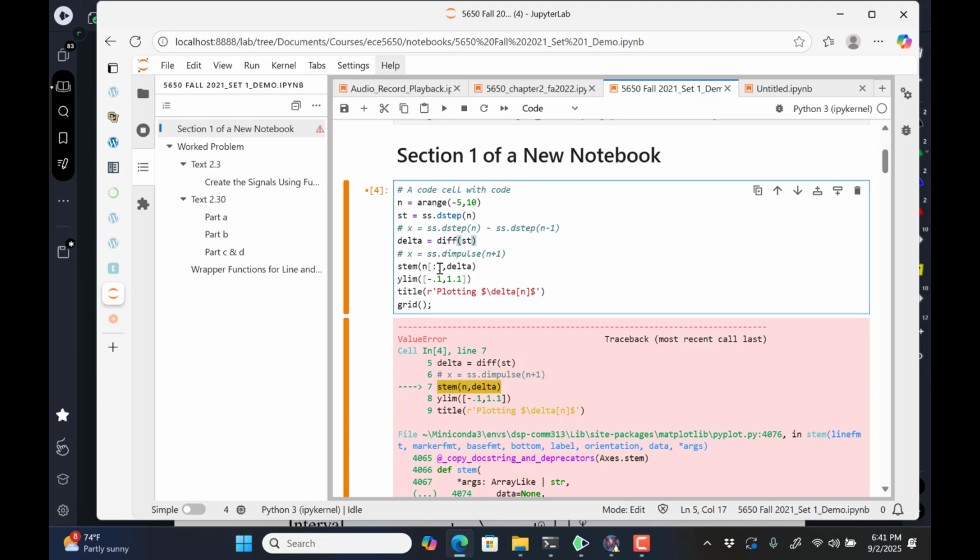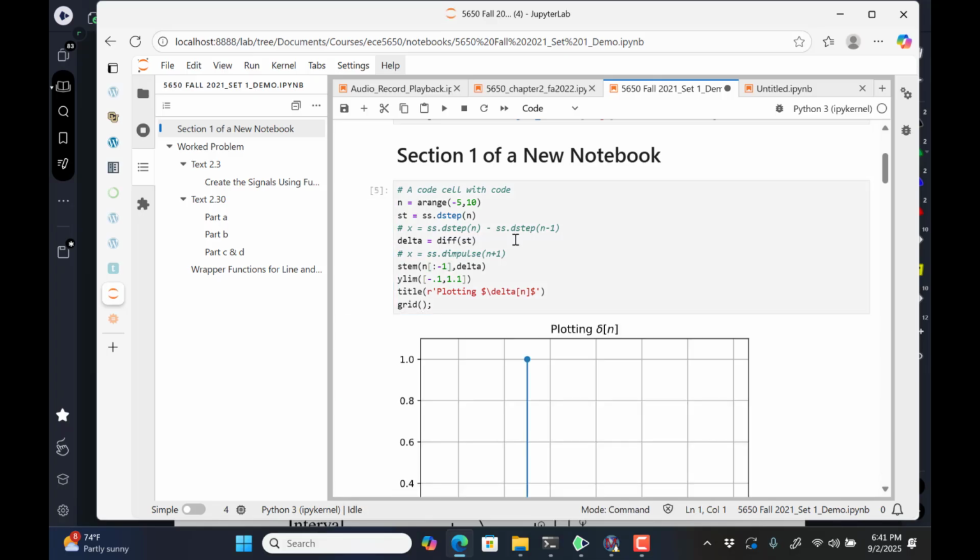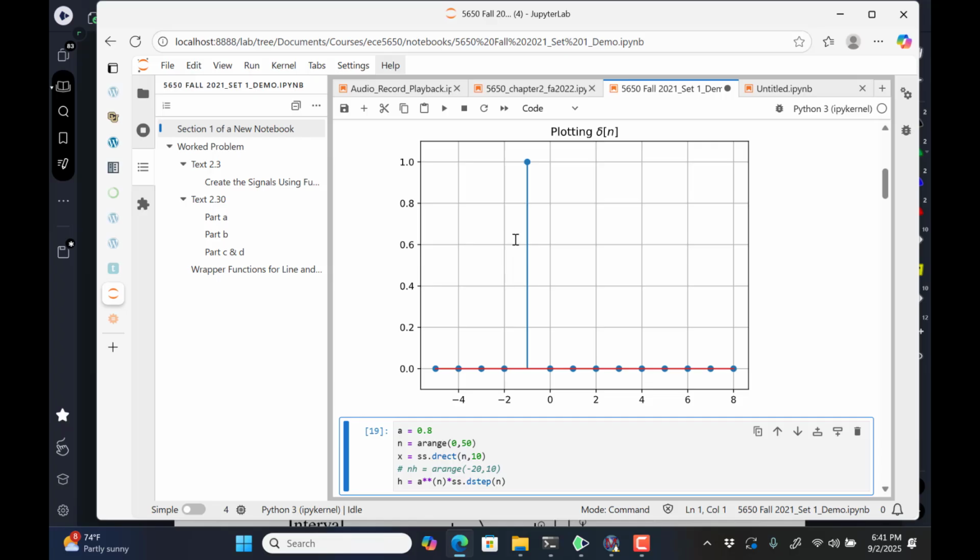What I want it to do is go to one less than the end, and in MATLAB it would have been end minus 1, because remember in MATLAB end is the end of the array, the maximum length. In Python it does it differently. So minus 1 says I'm going to go 1 back from the end. Minus 1 means pull me back 1 from the end. And there it is,